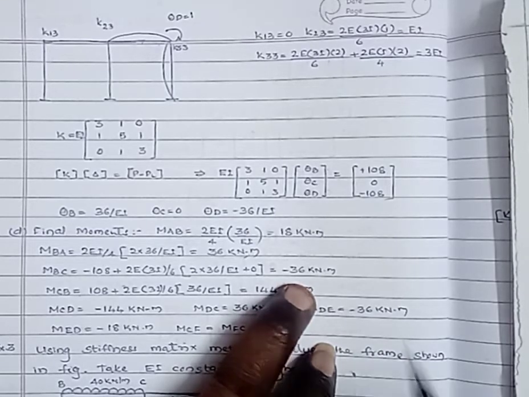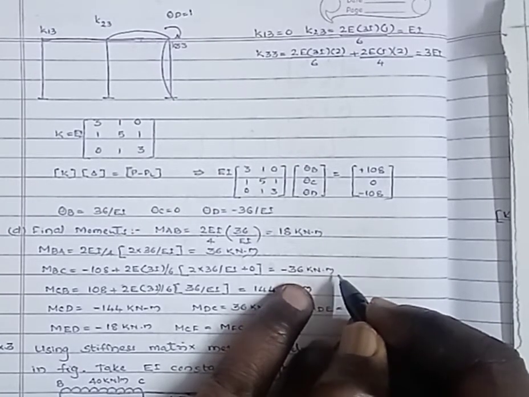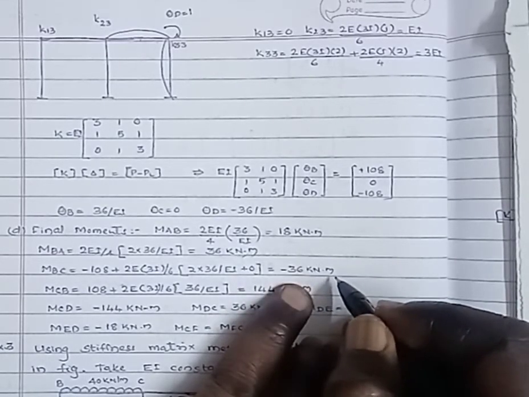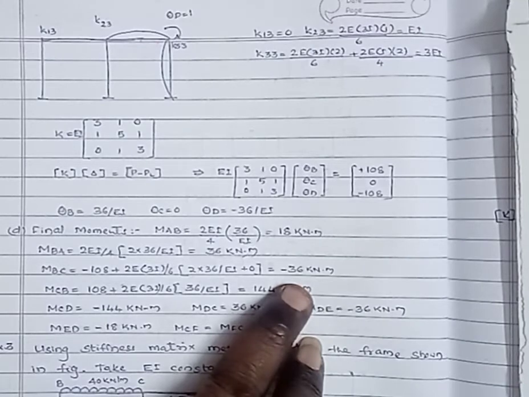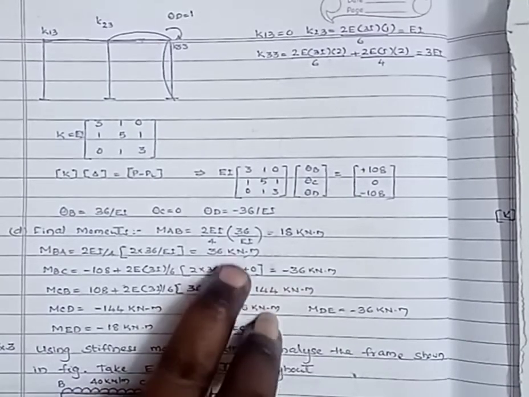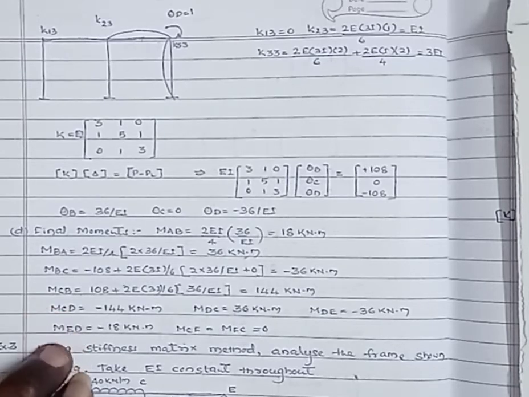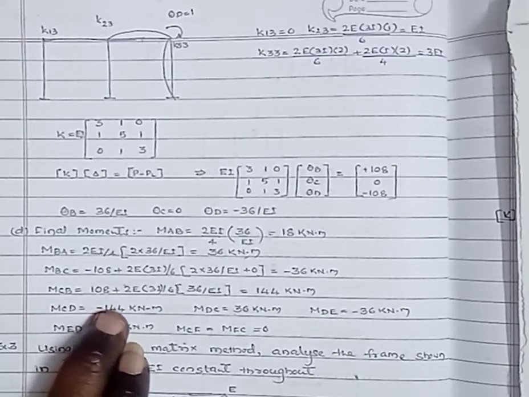By observing the two values of MBA and MBC, one is clockwise, that is 36 kilonewton meter, and the other is anti-clockwise, that is minus 36 kilonewton meter. When the joint is in equilibrium, the summation of the moments at joint B must be equal to 0. By observing both, the summation is 0. Then at joint C,